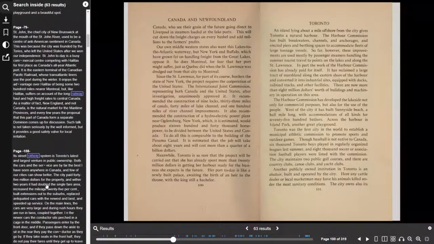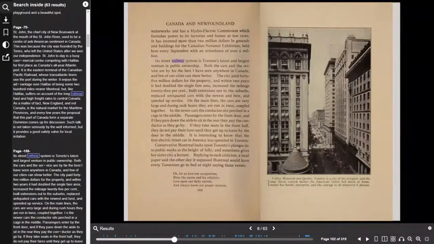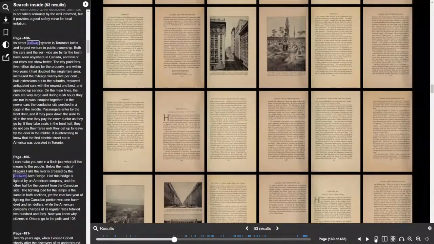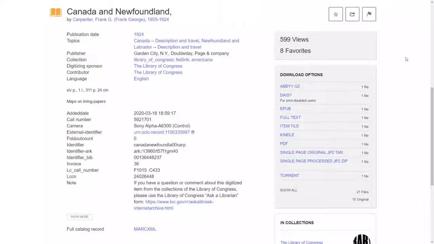If you click a result, it pulls up the page with the keyword highlighted, and when you've found what you want, you can just carry on reading. The pages can be viewed singly, doubly, as thumbnails, or they can even be read aloud. The content's made further accessible by a range of download options that allow you to reuse the files. Users can extract the original high-resolution images, a Kindle version, a compact PDF, or even just the plain text.